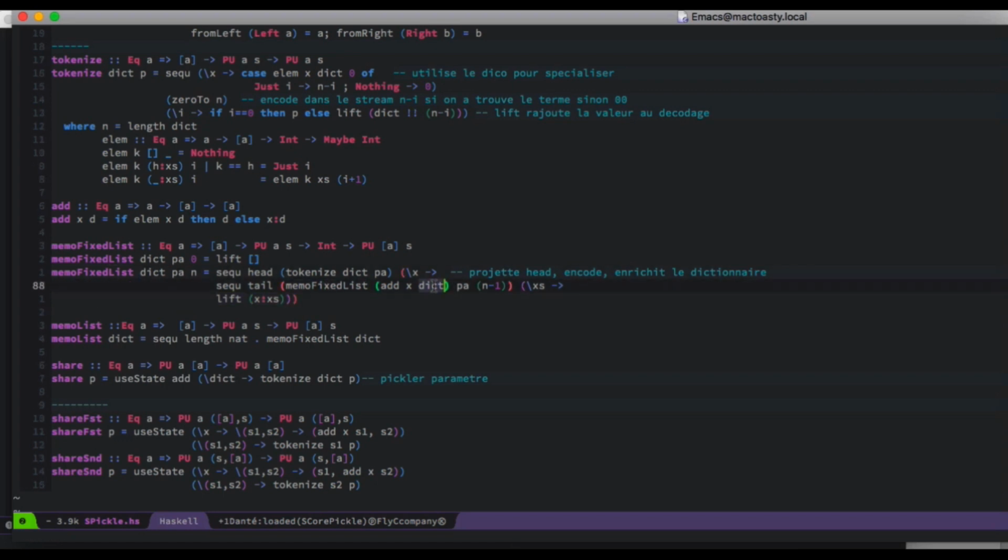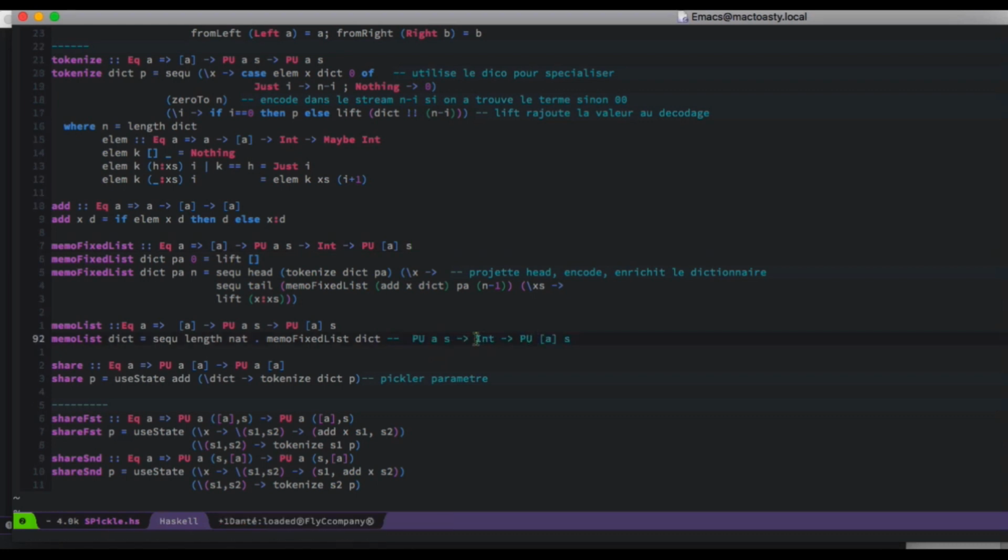You can make a reference to it. You can use lift at this index to make a reference to it. And once we have taken this partial information out, we can continue with xs and use lift x followed by xs as the final